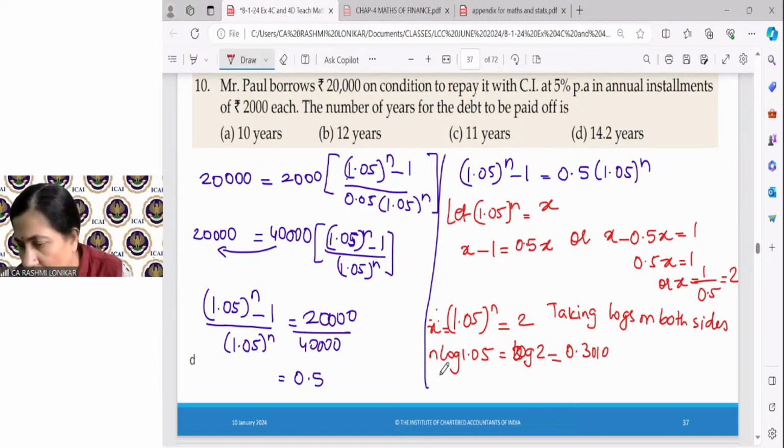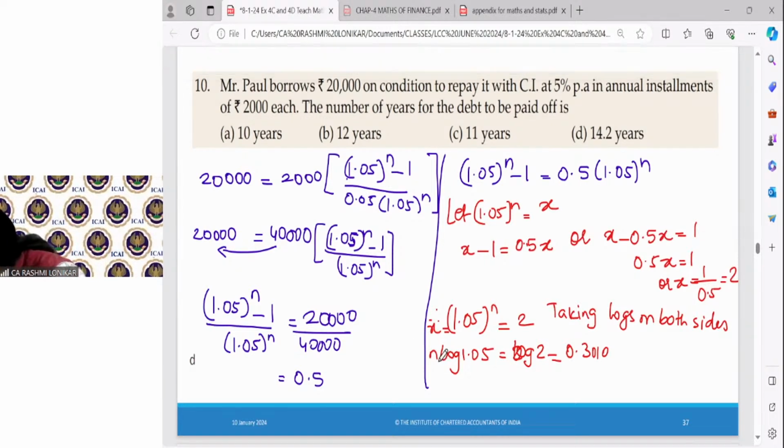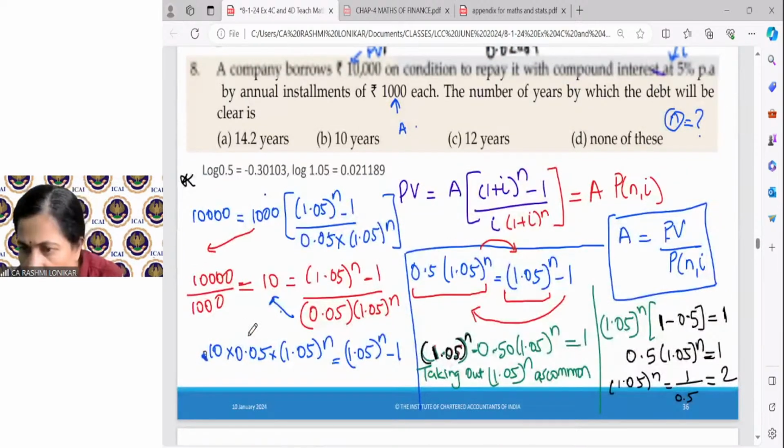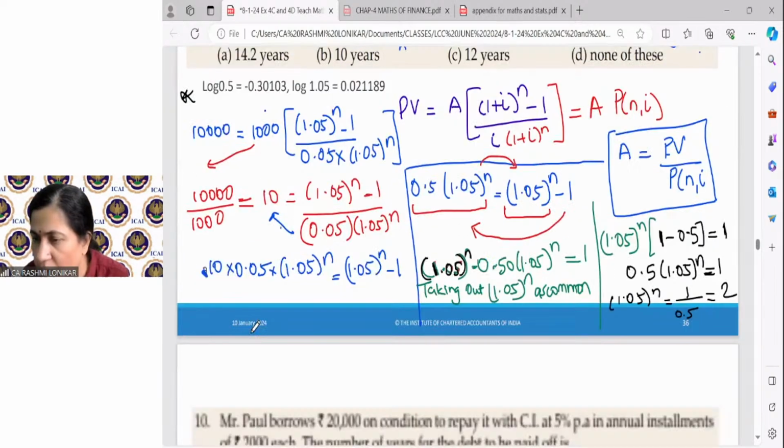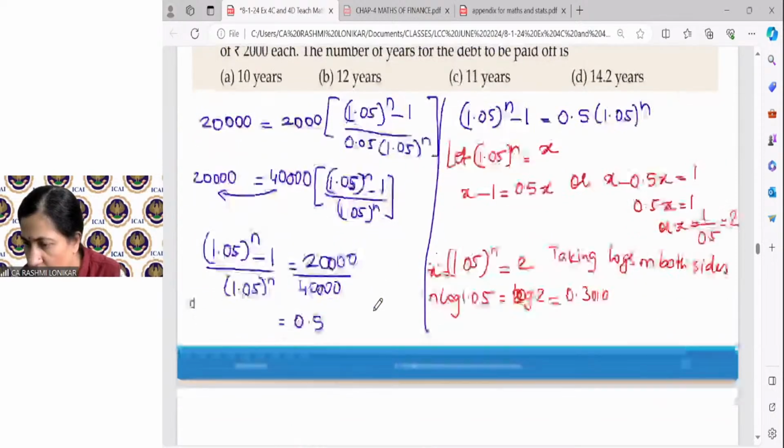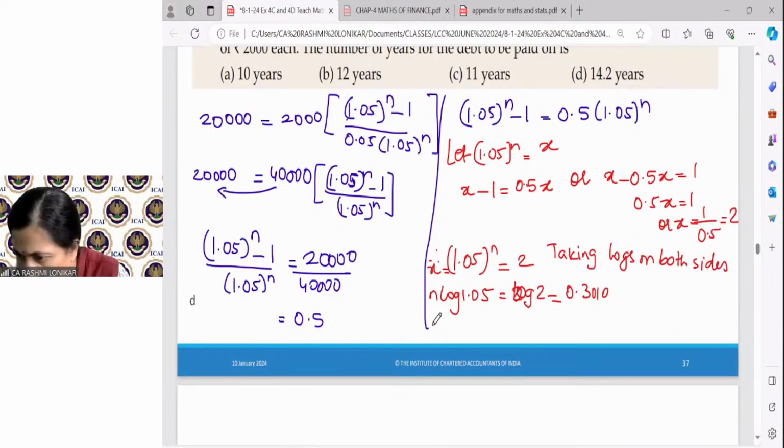And so I have log of 1.05, how much is it? 0.021189. So n into 0.021189 is equal to 0.3010. So n will be equal to